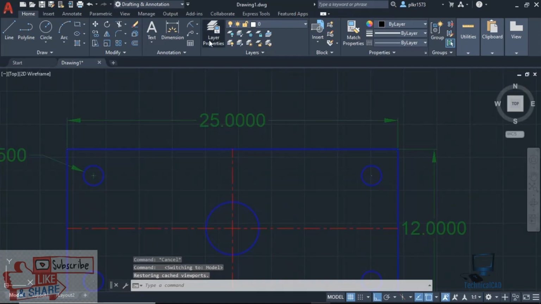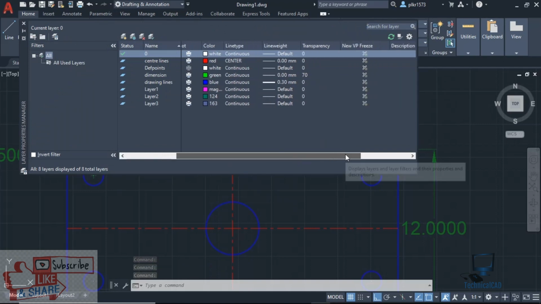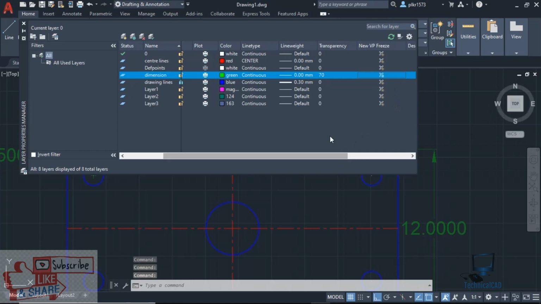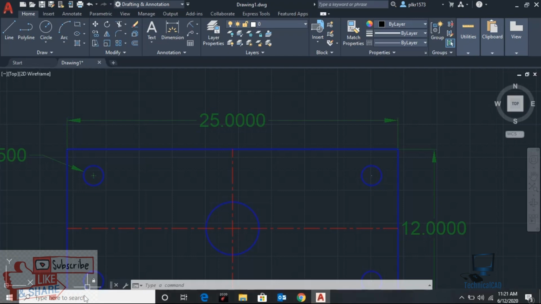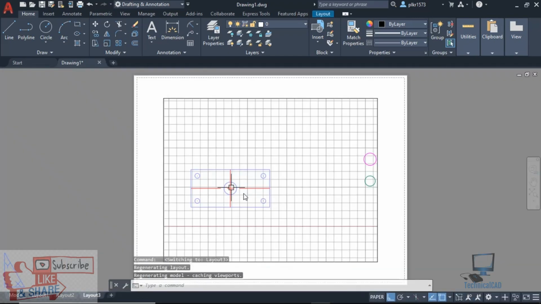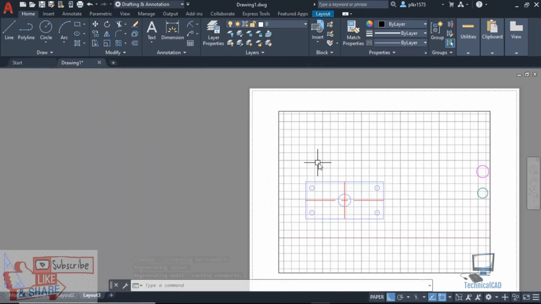And if I go for layer properties, I will switch on that new viewport freeze for dimensions. So I'll freeze that in the new viewport so that I can go for a new layout where I get only the drawing. I am not getting the dimensions because I have frozen them in the new viewport. This is the new viewport I have created again. So in this new viewport, the dimensions will be in a frozen condition. So that is the concept here.